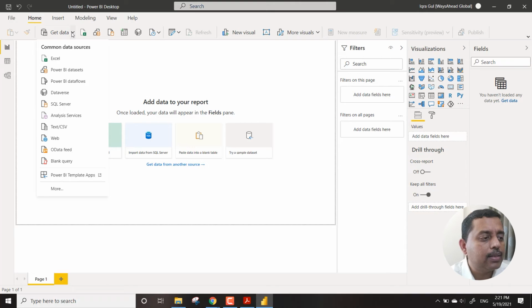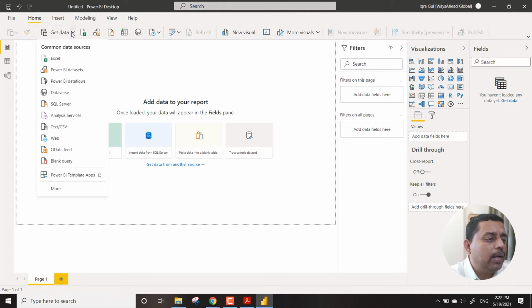So we have Excel, SQL Server, web, and OData. That will be one of the major data sources that we are going to use in this particular training. And then we will have blank queries as well, so we can work with a blank query too.